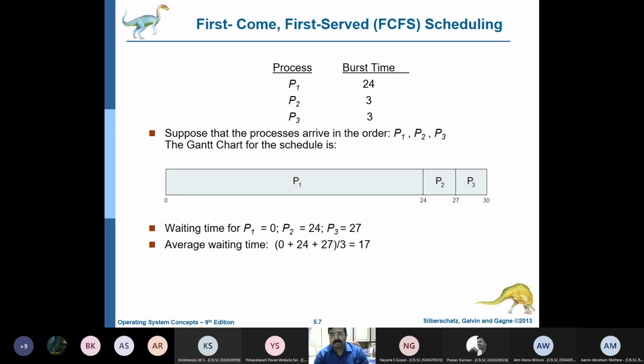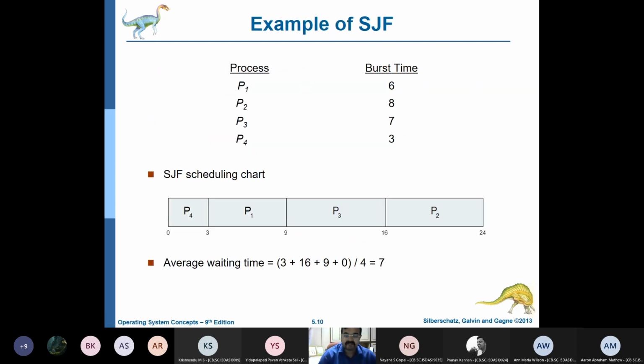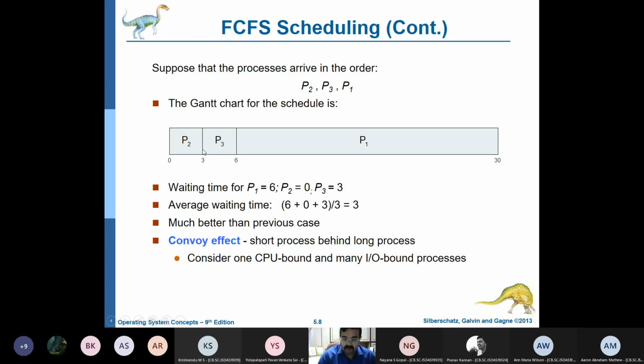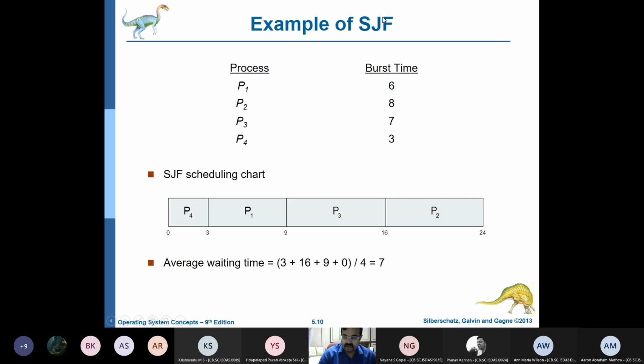Now I also told you the simple algorithm we tried, FCFS scheduling, is not at all good. You see the situation: P1 is 24, P2 is 3, P3 is 3, but P2 and P3 have to wait a long time for P1 to execute, and the waiting time is very high. So we go for SJF, shortest job first, where we go for the one with the smallest burst. Here, if you see, the waiting time is significantly reduced, because we are taking the lowest one first and then going.